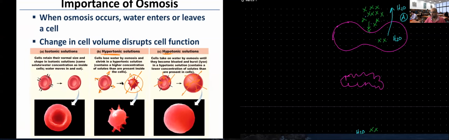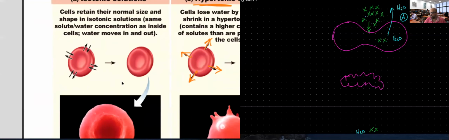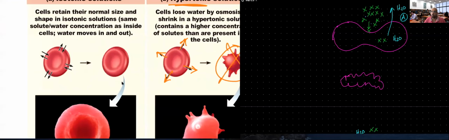So I don't want to have shrinkage of the cell or swelling in the cell. So what do I need to have? I need to maintain the shape of the cell. So how would I maintain the shape of the cell? By having equal solute concentration on both sides. So the amount of solute outside is equal to the amount of solute inside of my cell. So there is no net gain